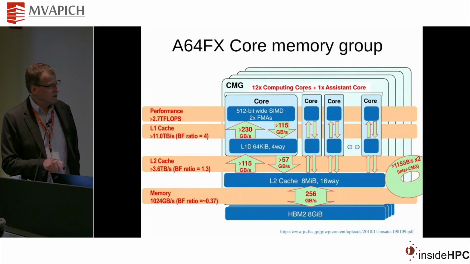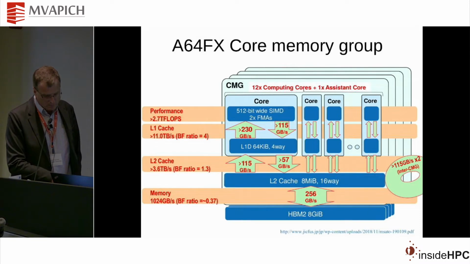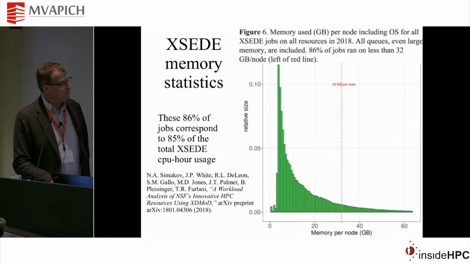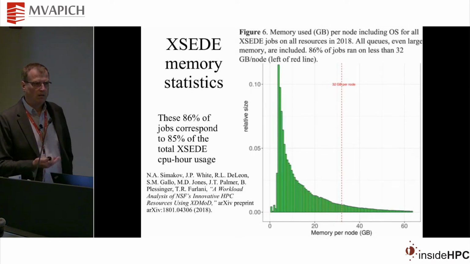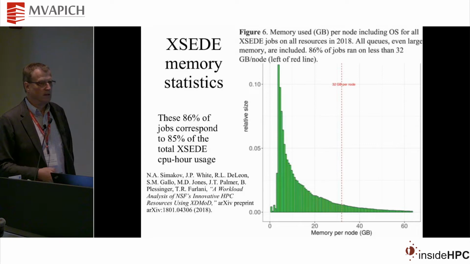Then there's essentially a ring, a crossbar that's connecting everything together. Of course, on this first generation system, we're limited by available high bandwidth memory technologies, and that includes the capacity. So you have to ask, what is the relevance of this, some would say, small memory for real science applications?